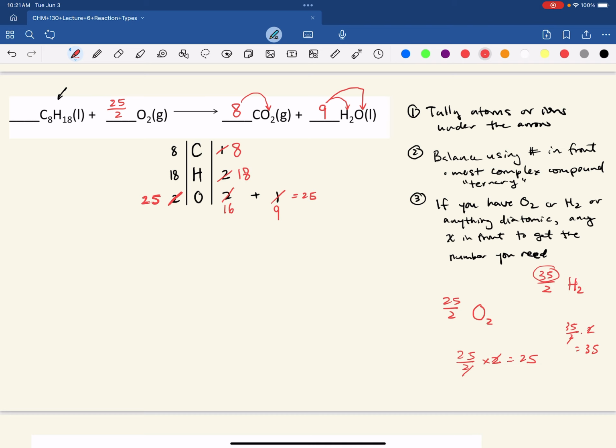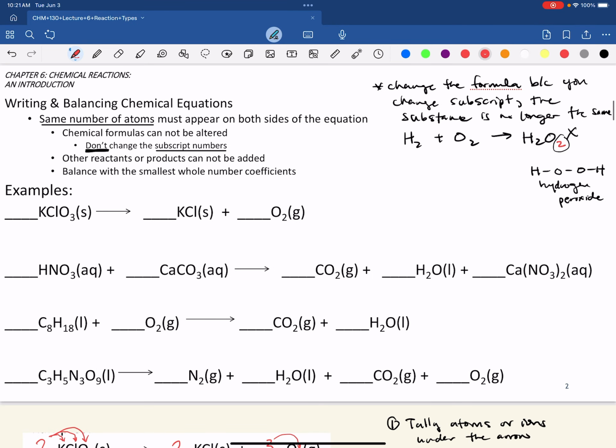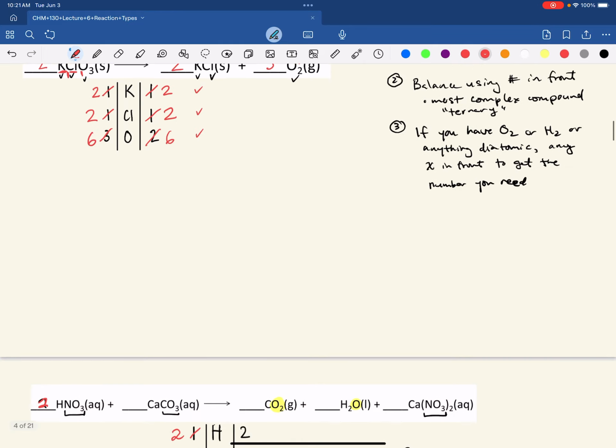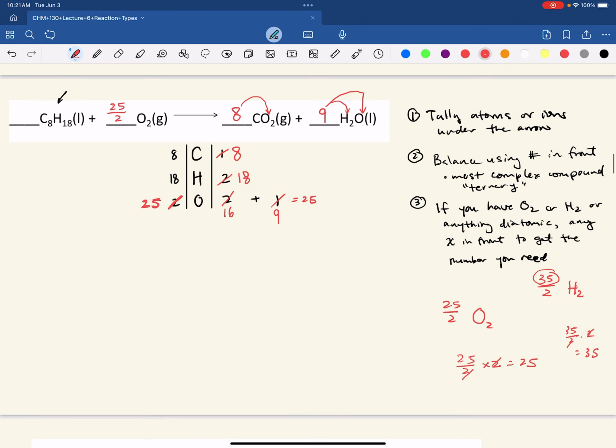All right, now you can't leave it as 25 over 2 because one of the rules says that you need to have whole number coefficients, right? Whole number means 1, 2, 3, 4, 5, 6, 7, 8, because atoms really don't exist as half atoms, right? But you can fix that really easily. All you need to do now, once you've used the 25 over 2 as your get out of jail free card, is multiply by 2, right? That will get rid of the denominator altogether. So then you end up with